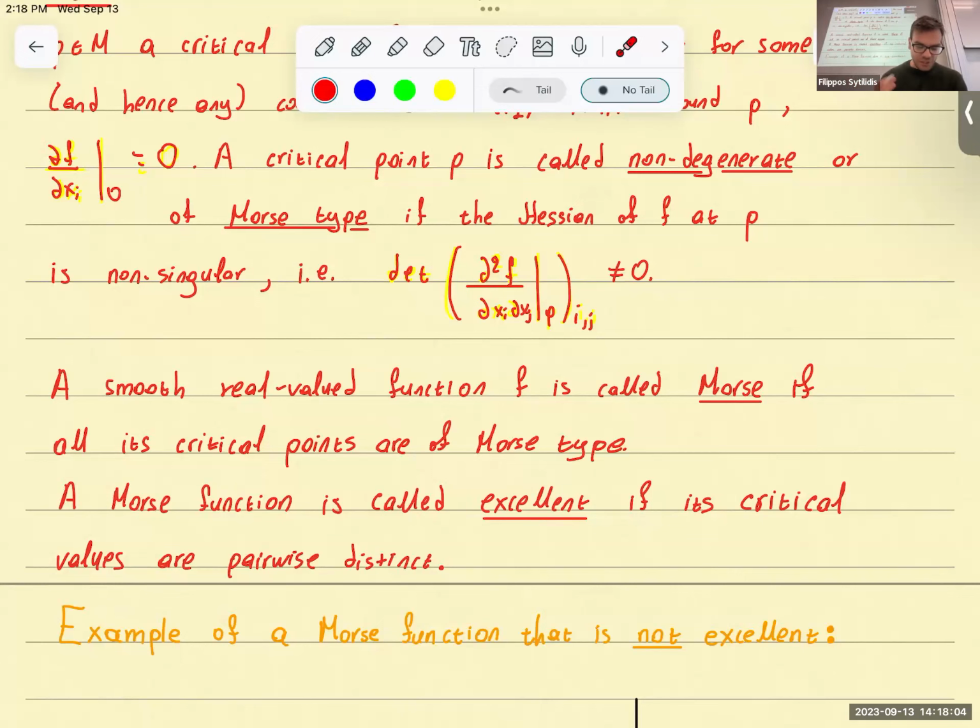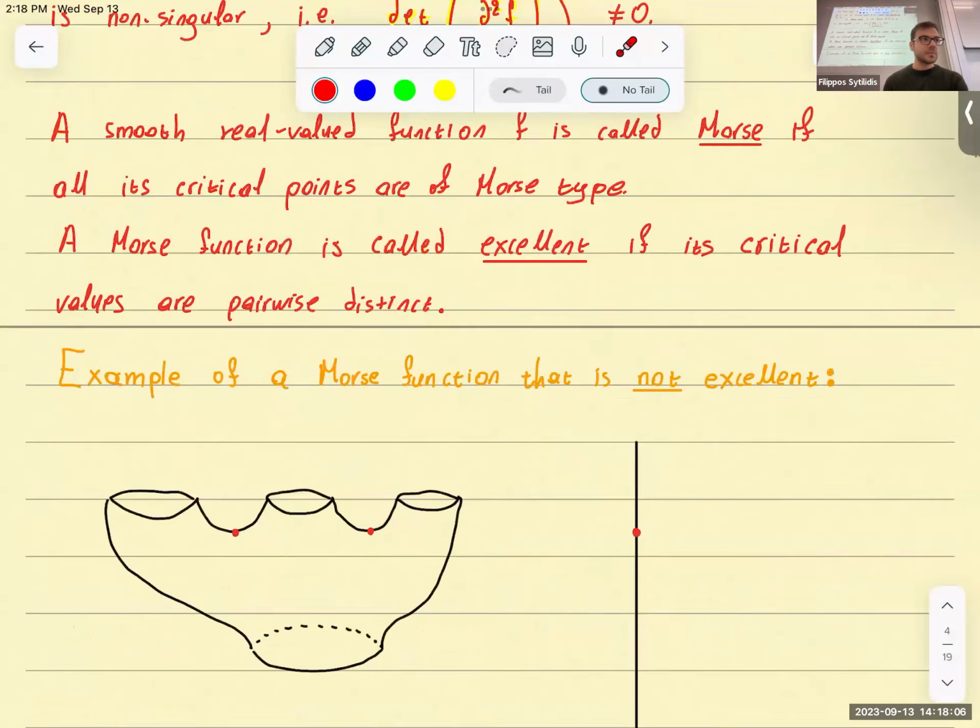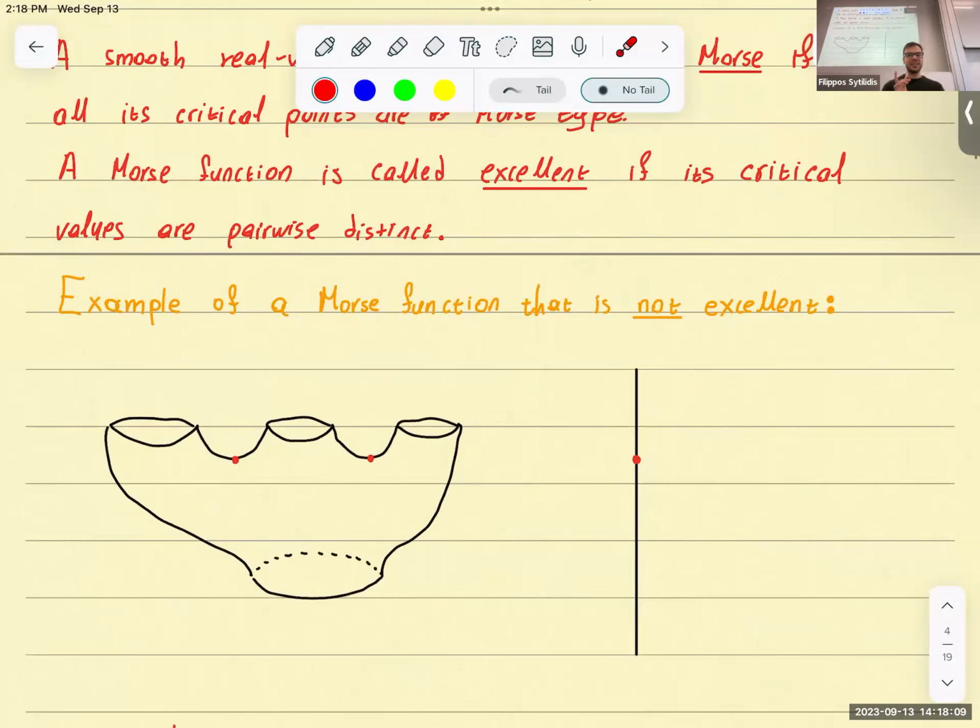So like something that's not excellent. Well, did you say what a critical value is? Yeah, but I'll demonstrate with this example. So something that's not excellent is shown in this picture here. I guess maybe I should say yes. A critical value is just the image of a critical point, and